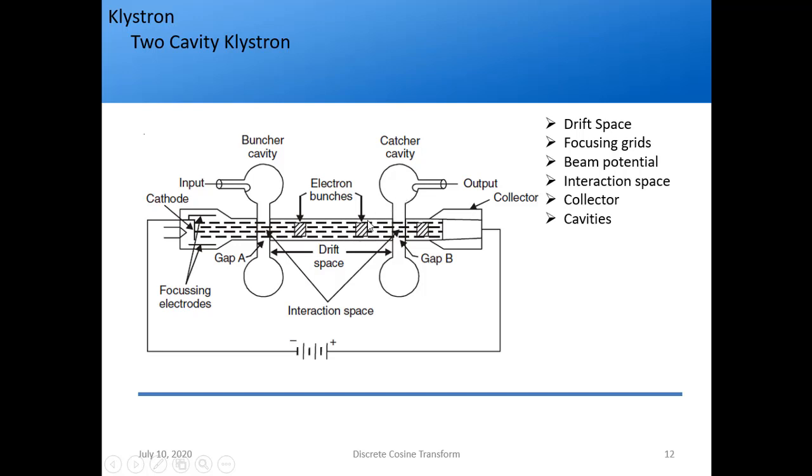And since they are in a bunch form, that energy will be transferred to what? The RF signal. So the RF signal already had some amplitude here, for example 1 volt, very crude example. So that 1 volt will come here, but since this bunch has to give the energy to someone before going to the collector, it will be given to the RF signal. So the RF signal will be amplified and taken out here, right? So this is our 2 cavity klystron box, right? And since this cavity is catching the bunch, or catching the energy from the bunch, that's why it is called the catcher cavity, right?